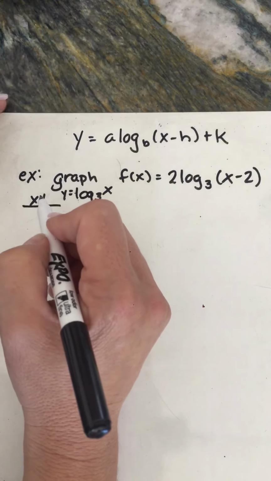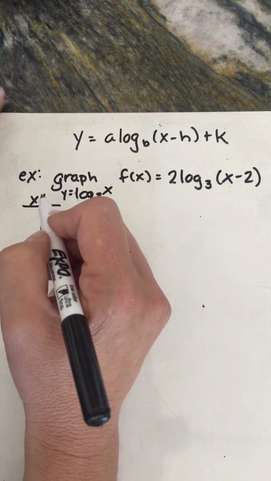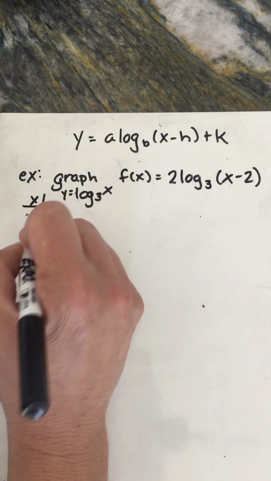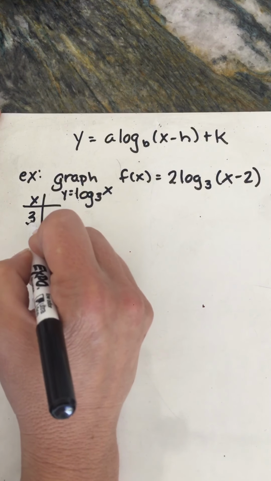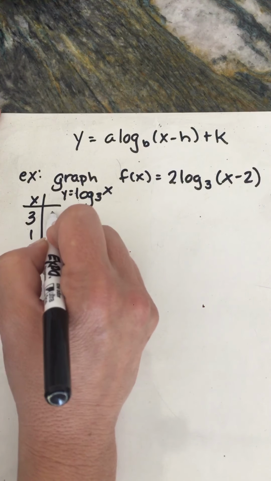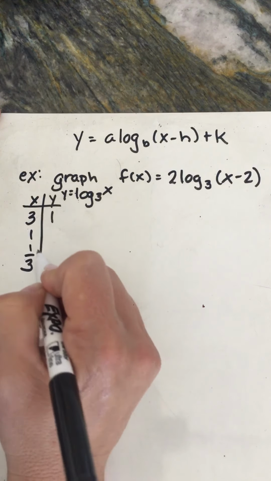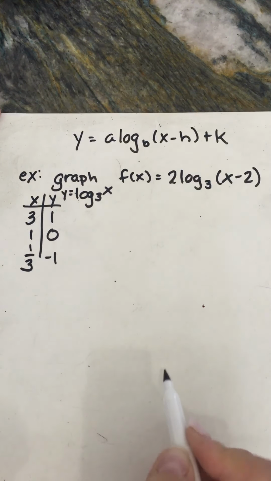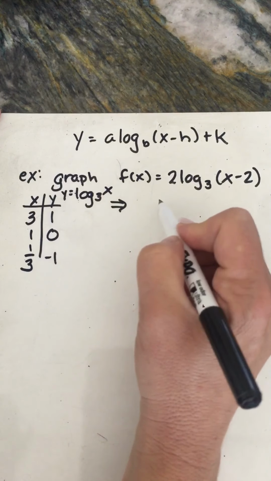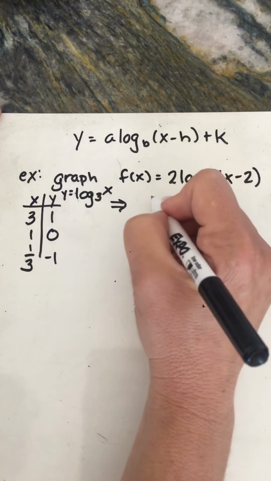Okay, so let's do the values of b, so 3, we'll do 1, and we'll do 1/3. And so when x is 3, y is 1. When x is 1, y is 0. When x is 1/3, y is -1. All right, so then let's change it up. And now we're doing 2